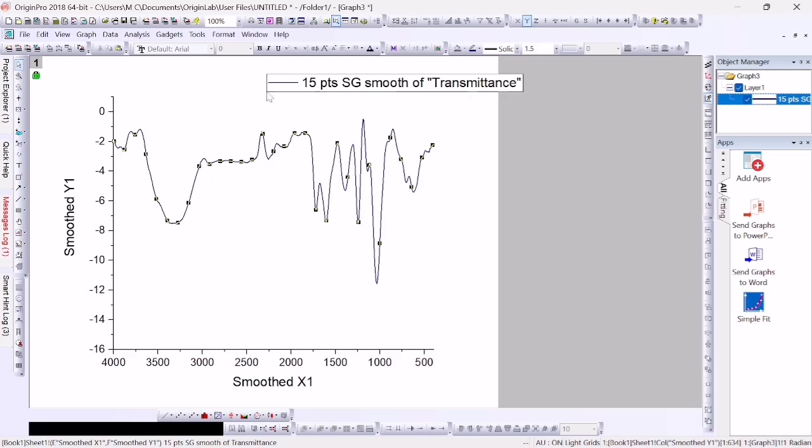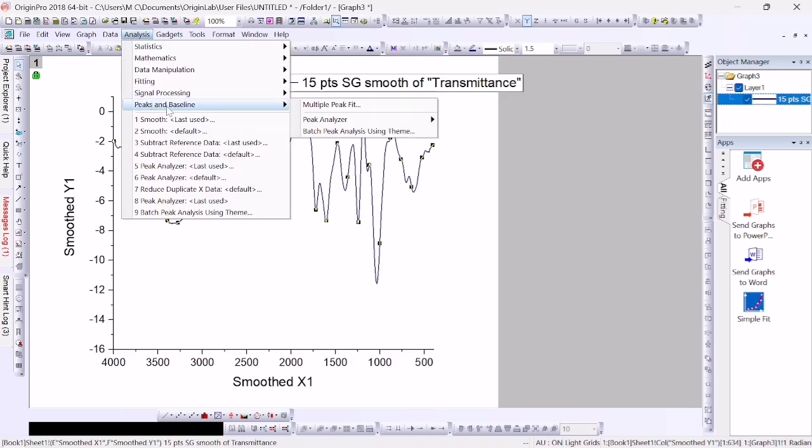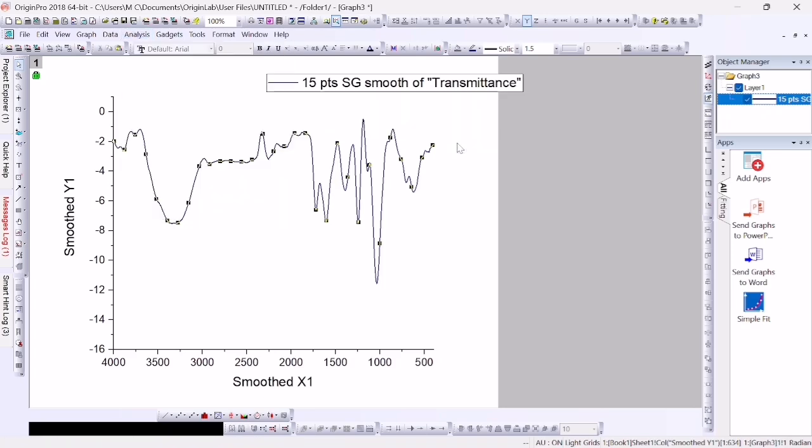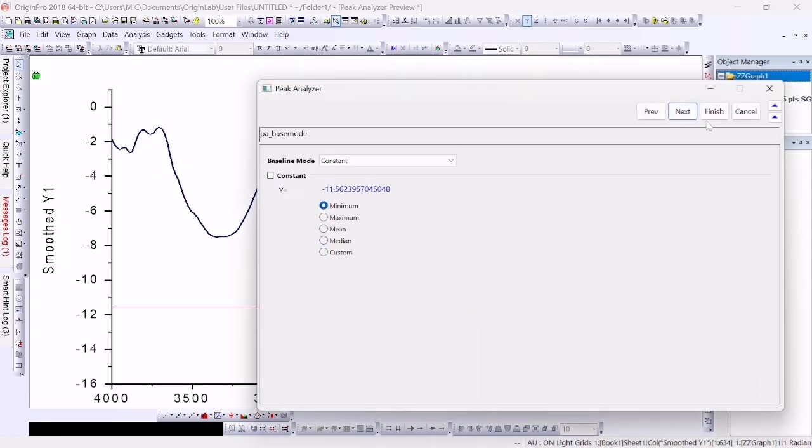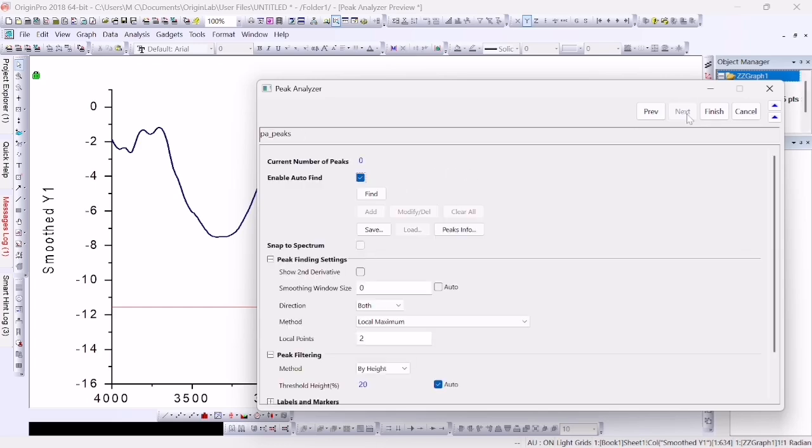For labeling your peaks, you have to click it. Go to analysis, peaks and baseline, peak analyzer, open dialog, and then click here, find peaks. Next, then click again next.